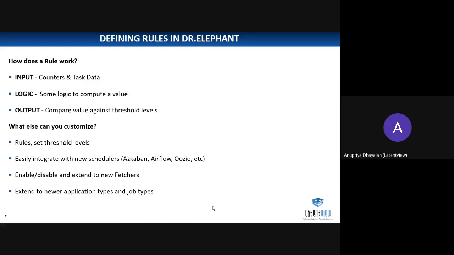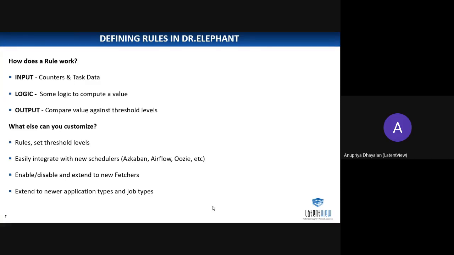Say for example, we have a Spark application and a huge set of data, like a history of data that we have been processing for so long, and the job is a long running job, and we finally have experience of tuning the particular Spark job by providing certain configurations. We can write these configurations as our own rule, and we can enable it by setting up the configuration parameters in Dr. Elephant. This is one way that you can create your own rule.